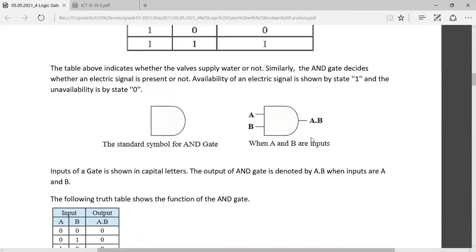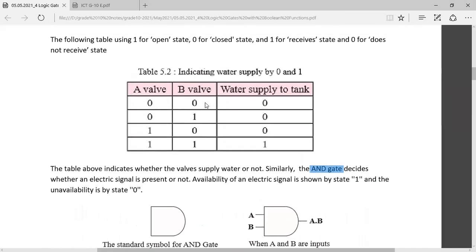Now look, the table above indicates whether the valves supply water or not. Similarly, the AND gate. If such a situation comes up, if both valve A and valve B are satisfied, that is both are open, it gives an output. So if such a situation comes up in a circuit,